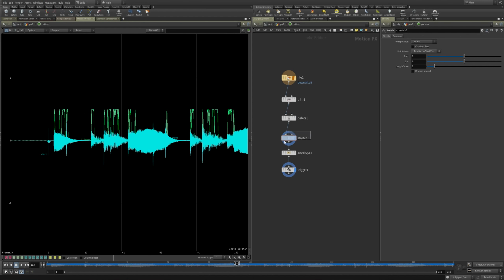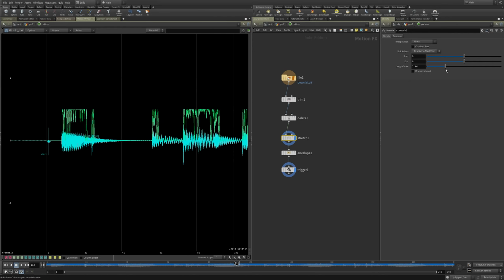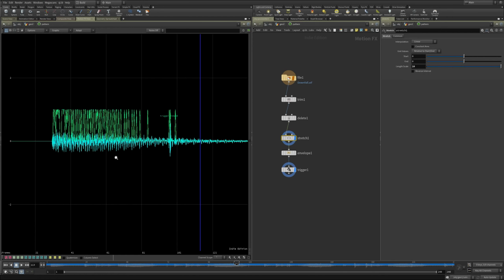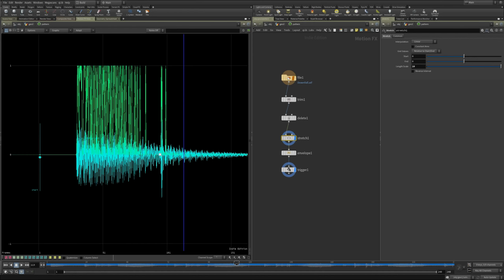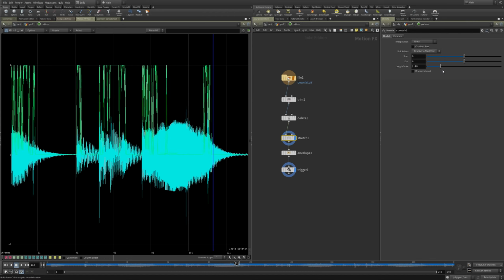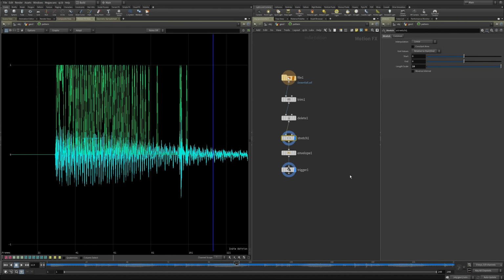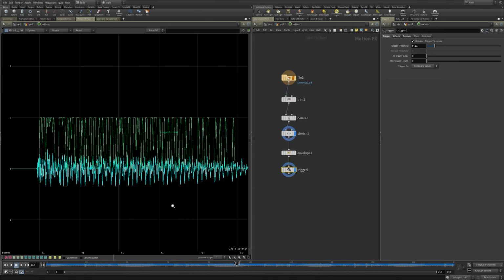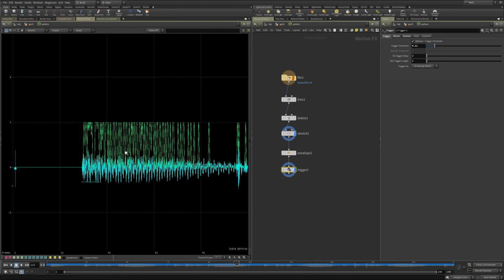The stretch chop will take your audio and do a scale on the x-axis for you. What I've done is I've stretched my audio out by a factor of 10, and this is in line before my trigger, because what I want is more.